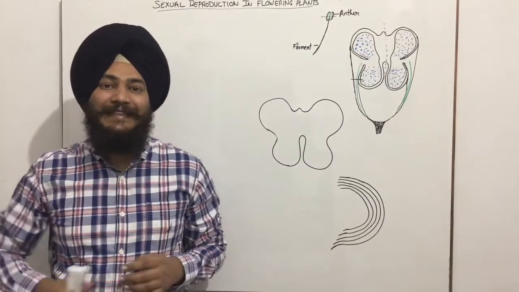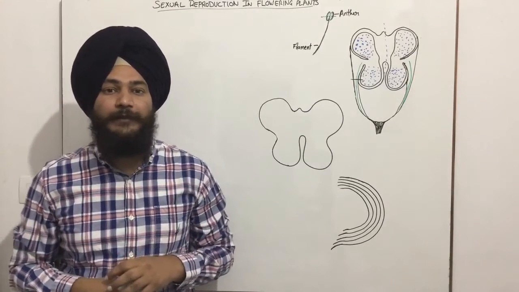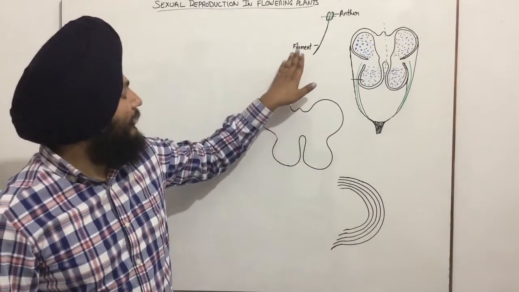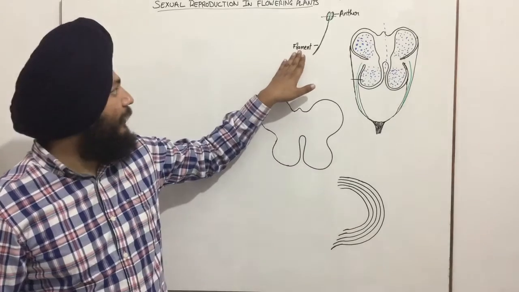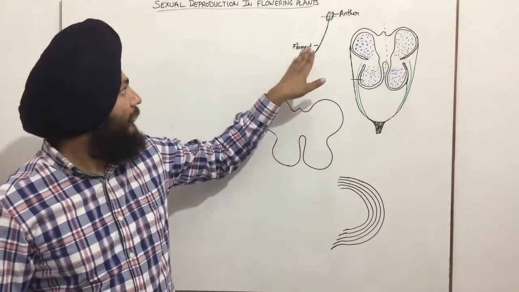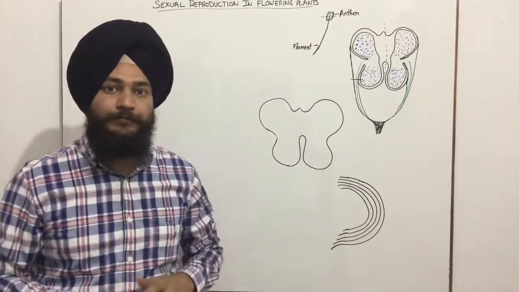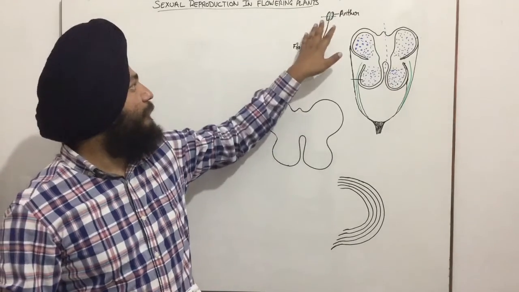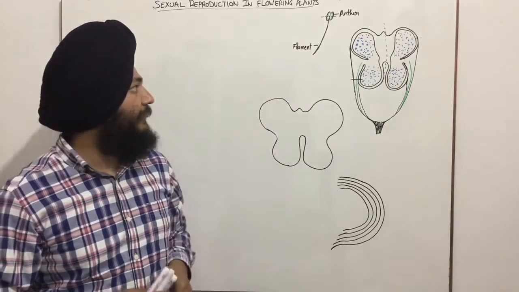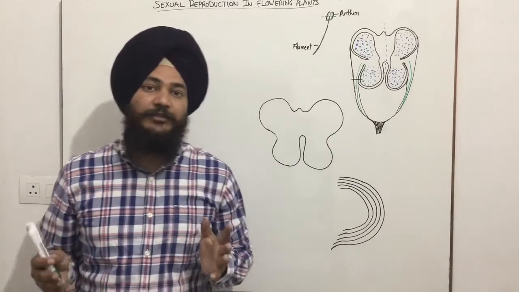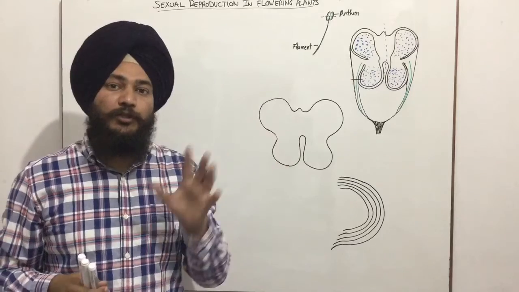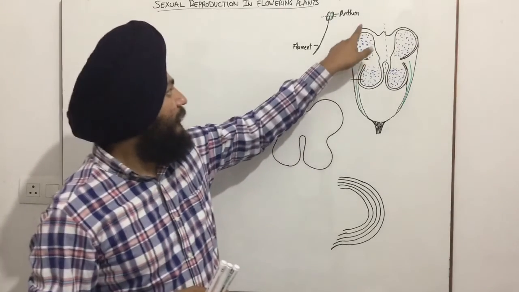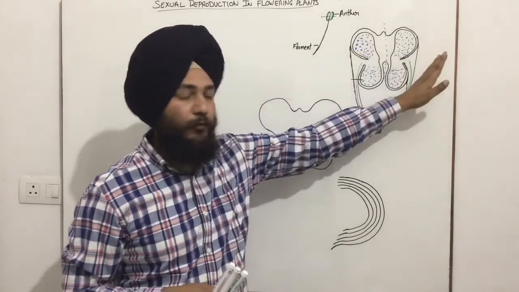So we were studying the structure of the stamen, and in this we had studied that the stamen has two parts. The first one is the filament, that is the lower long stalk, and the second one was the anther. After that we take up the transverse section of anther, and in the transverse section of anther we found that the anther has two lobes, first lobe and the second lobe.